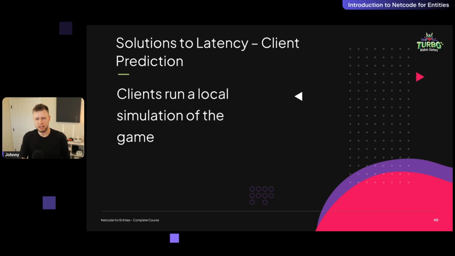Client prediction essentially runs a local simulation of the game on each client. The client guesses what the server is going to do based off of the previous input data and the trajectory of that data. The way this works is it runs the same code on the client and the server, so the client knows what the server is going to do. But the client is still making guesses about what's going to happen,